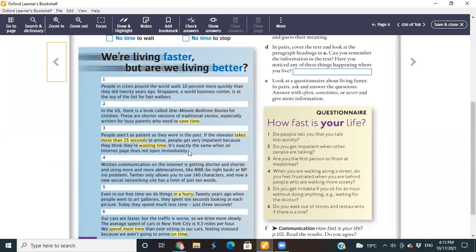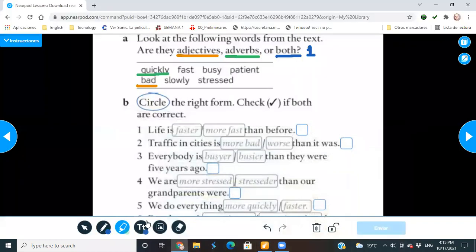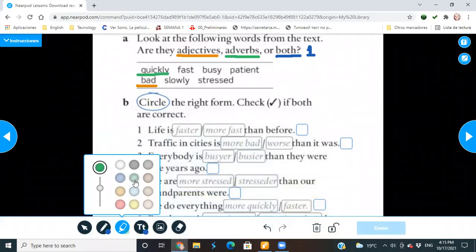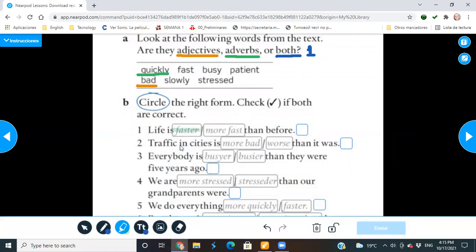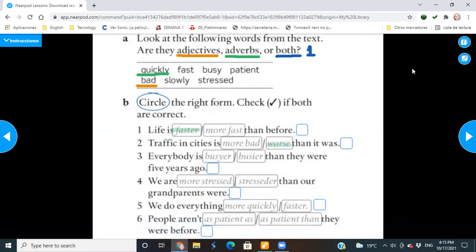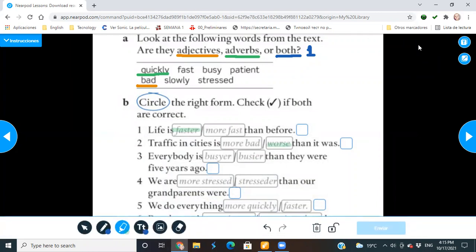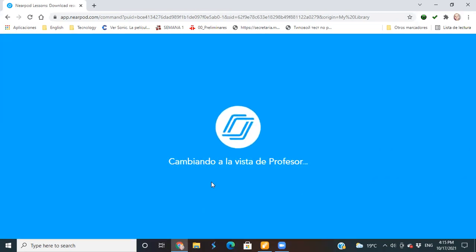The sentences are not 100% from the text, but you can find all of the words. For example, the word faster, we're living faster. So you click on highlight, choose the color, and then you highlight faster. Life is faster. Traffic in the cities is more bad or worse? Worse than it was. Meanwhile, I can see how they work on it. Right now, I won't be able to see it, but